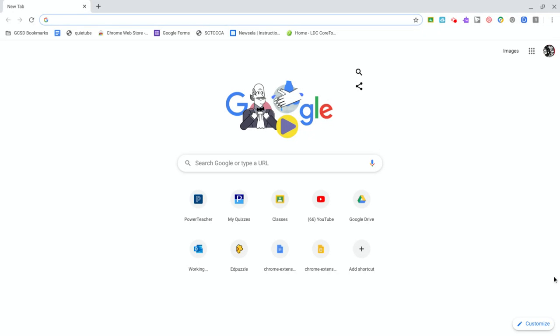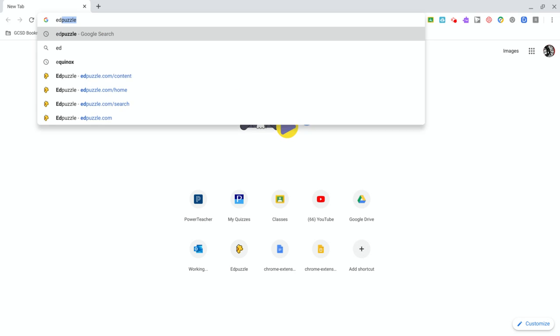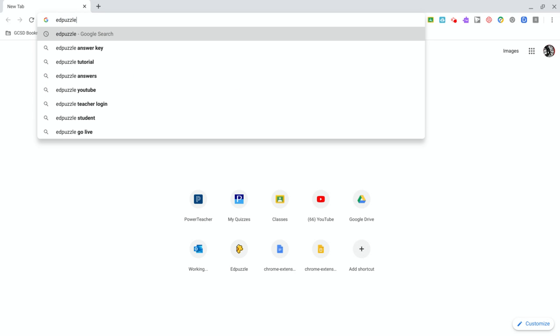Okay, guys, today we're going to be looking at an application known as EdPuzzle. And no, we're not going to be making crossword puzzles or word scrambles or word searches or anything like that. EdPuzzle actually deals with video. So this is just going to be a real quick tutorial to get you up and running with EdPuzzle. If you go on your browser, just type in EdPuzzle